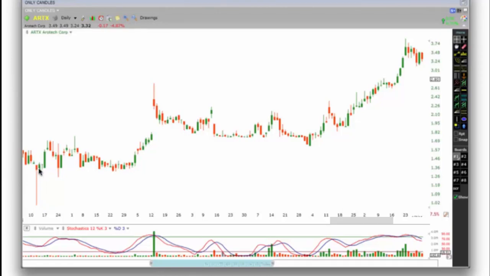By itself, the hammer is not enough. The bullish engulfing provides the confirmation that we are going to have an uptrend. The following day, this small dragonfly doji, followed by another green candle. So this will be a good day to buy. This day right here, the price opens below the previous day's close, but intraday the price is moving higher, and it will be a good time to buy.